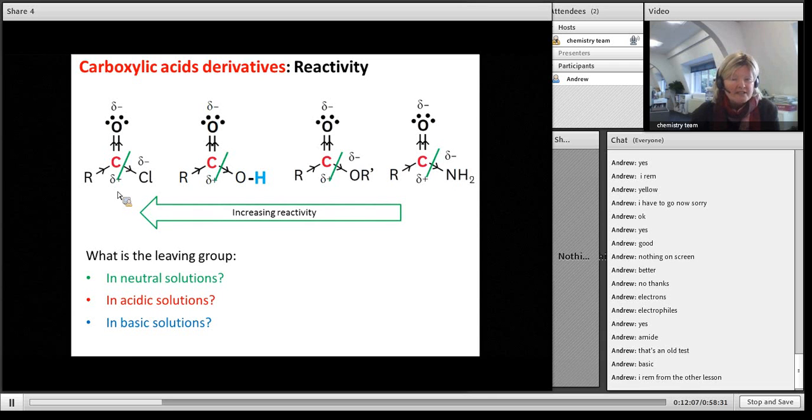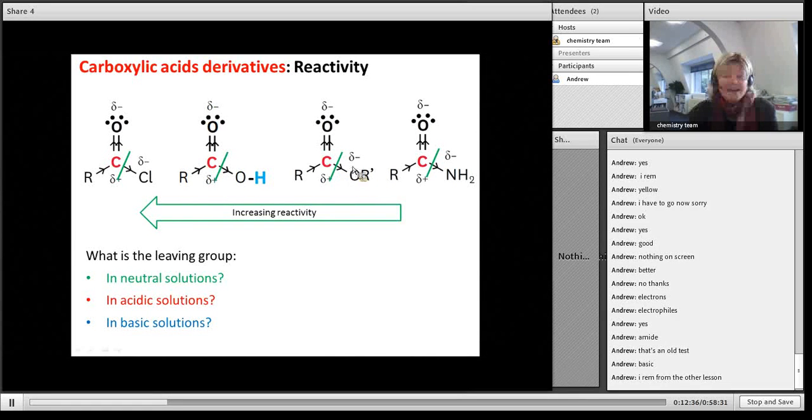It comes off easily. It won't act as a nucleophile and attack back again very easily. Here, if I break this and this OH comes off with electrons, it's OH minus, and you know that's a hydroxide. It's a strong base. If I have an ester and it gets broken at the OR, like if that was a CH3 group, it would come off as a methoxide because it's taking the electrons. Methoxide or any alkoxide is a really strong base,